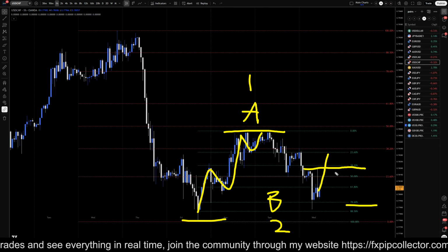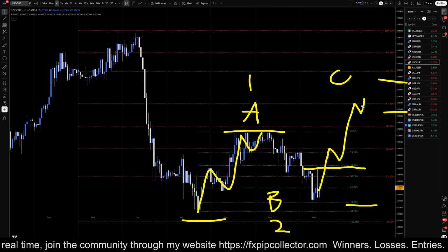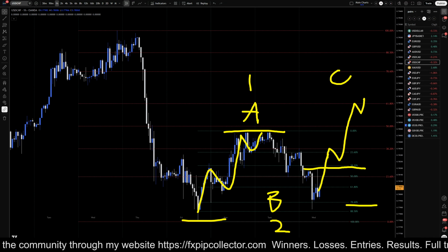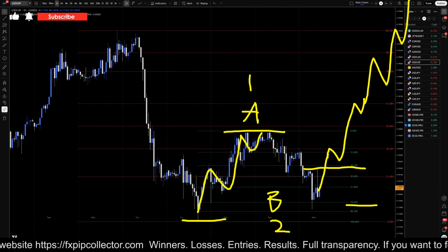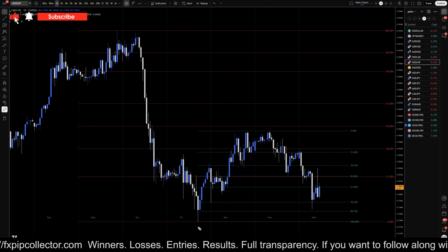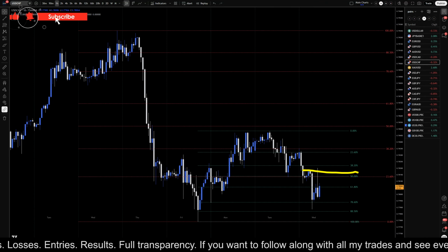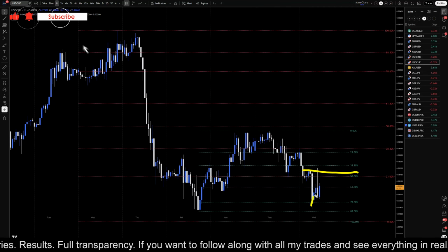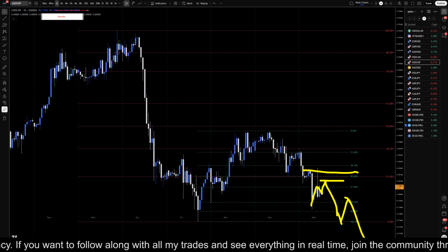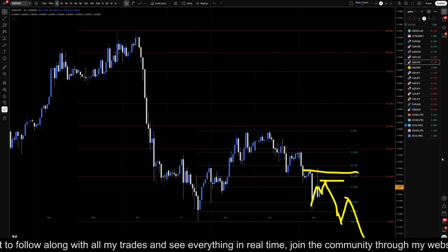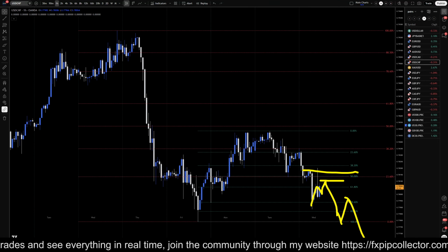If it goes up and breaks that, then we're likely going up for either a C, which would go up to either the 61 or the 78% and then break down, or it's going to be a wave 3. If it's a wave 3, it'll just keep on making higher highs, higher lows. The problem with this analysis is it's extremely counter trend. The trend is down on the daily, and it is down based on market flow and market structure. That means that this could make a lower high, go down, make a lower high, go down, and keep on going down. That's why we are going with the market flow, and we potentially are going to look for shorts unless we get the nice break to the upside at a Fibonacci level.